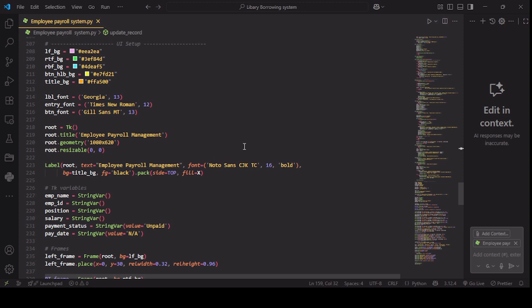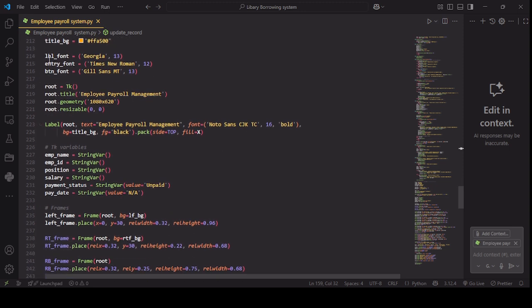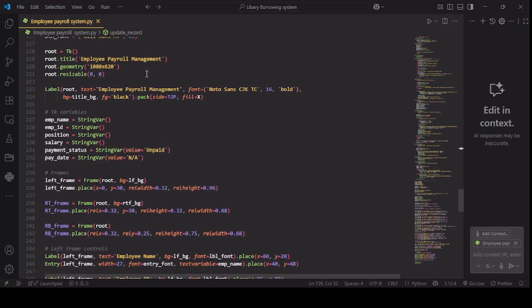I have defined the left frame as light orchid color, and then the right top frame as green, and the right bottom frame as shiny blue, then the bottom button as yellow, and then the title as orange. And we have defined its font,